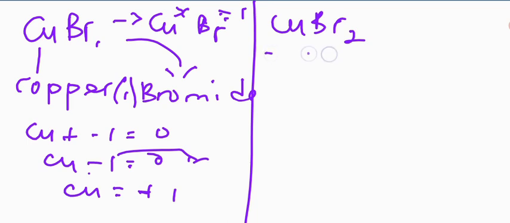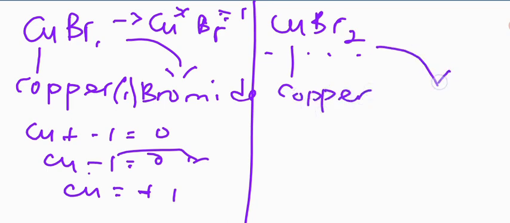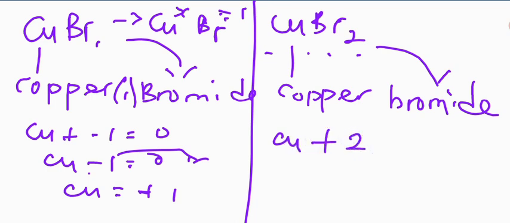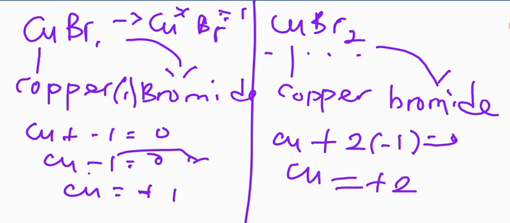Now moving on to CuBr2. This represents copper, and this represents bromide also. Now we have Cu plus 2 times the ionic charge of bromide, which, like we said, is minus 1. Minus 2 equals 0. So Cu goes to plus 2. Which means copper has a charge of plus 2 here, but it